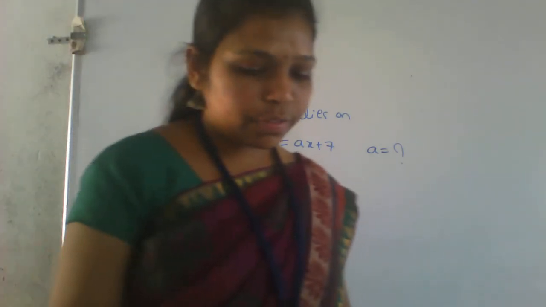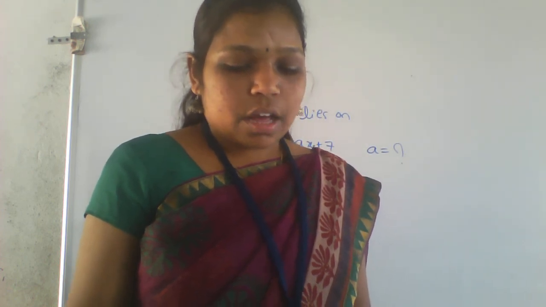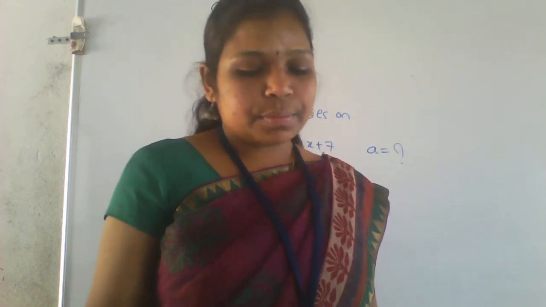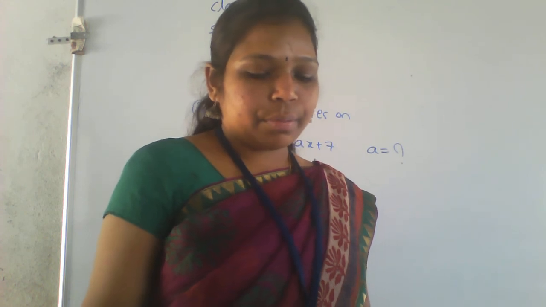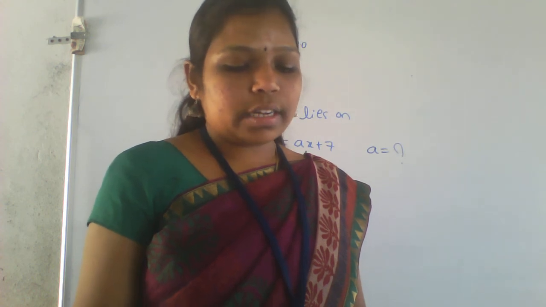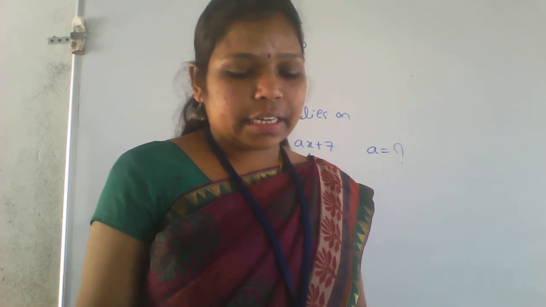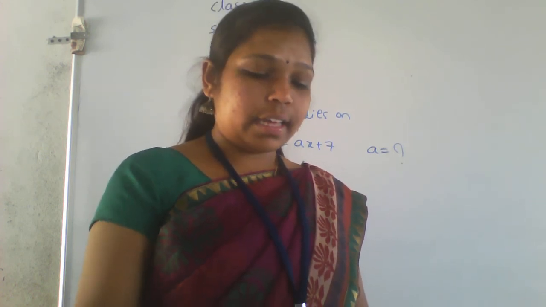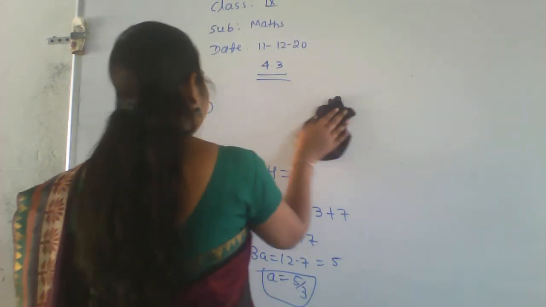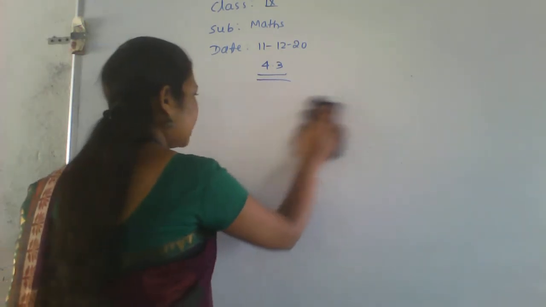Okay. So next, the fourth one. The taxi fare in a city is as follows. For the first kilometer, the fare is rupees 8, and for the subsequent distance it is rupees 5 per kilometer. Taking the distance covered as x kilometer and total fare as rupees y, write the linear equation for this information and draw its graph. They gave it in sentence form, so you have to make that into an equation.